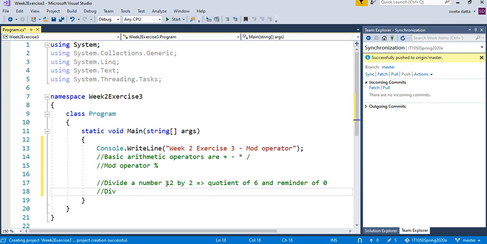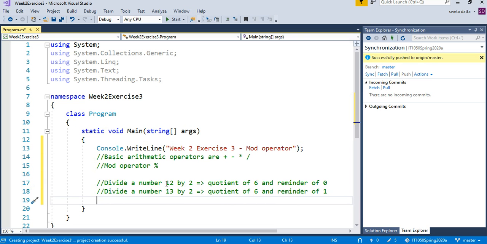How about this one? Divide the number 13 by 2. Now the quotient is again 6 and the remainder is 1. So you get a quotient of 6 and a remainder of 1.